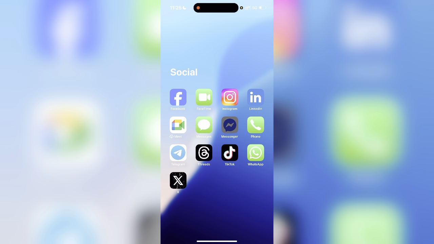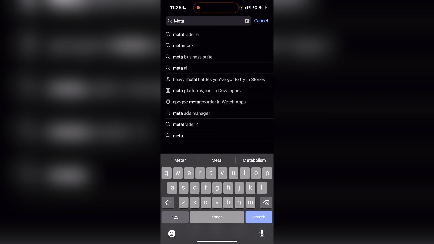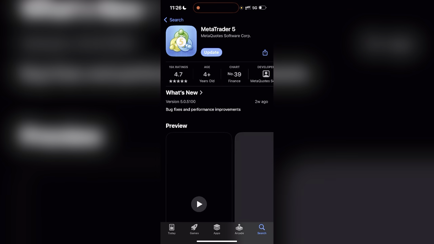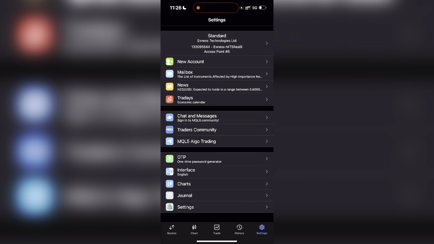To do that, we go to your App Store or your Play Store, depending on the phone you're using. You search for MetaTrader 5. I have it already. It's telling me to update, but for this illustration I'll just open it. So this is how the interface looks like, right? And what you do is connect the password. So let me log out. When you tap on your settings, you see create new account, right? When you tap on it,